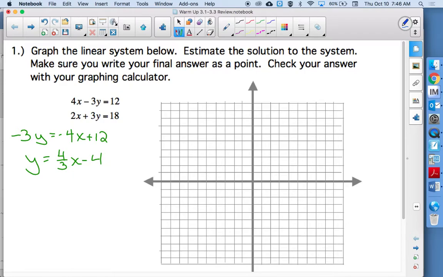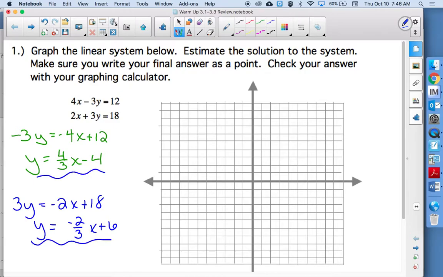And then the second equation, doing the same thing, taking the 2x over, and then Sadie, what did you get for that equation? Y equals -2/3 x plus 6. Right. So 2 equations that we're graphing, getting them in y equals form. And then when you graph them, starting with the y-intercept, moving with the slope,